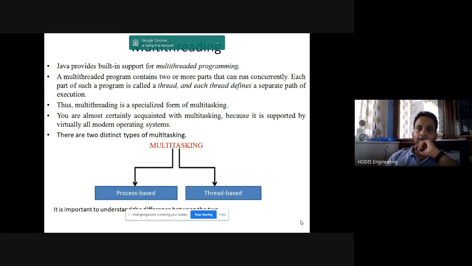First of all, generally, the operating system provides the concept of multiple processes running. That means when you switch on your system, it is not just one application; in the background there will be several processes running.